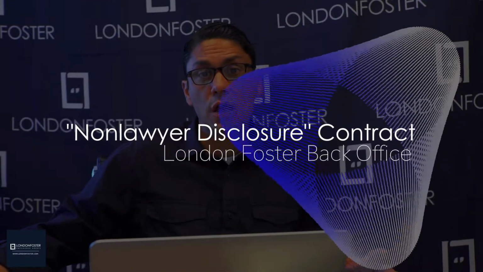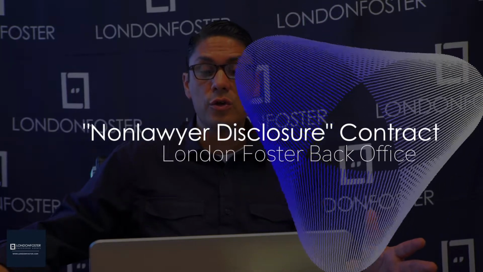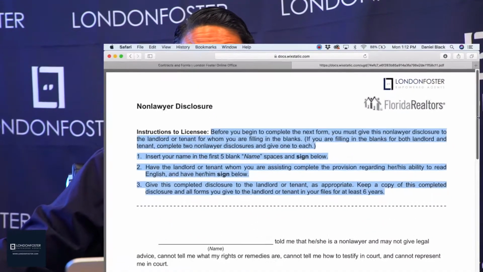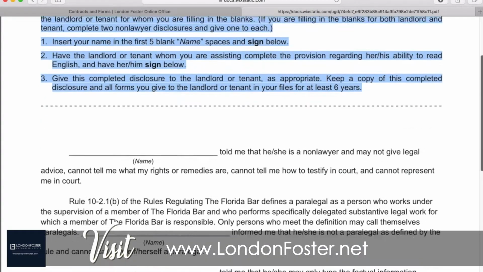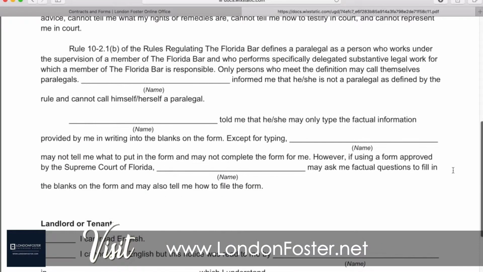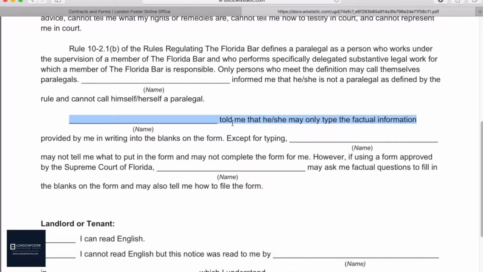We're now going to go over the non-lawyer disclosure. A non-lawyer disclosure is traditionally something that you want to put into a rental. Basically what it states is that as the realtor for this transaction, you are not permitted to give legal advice. You are not part of the Florida Bar, and therefore you are not able to advise or give them any